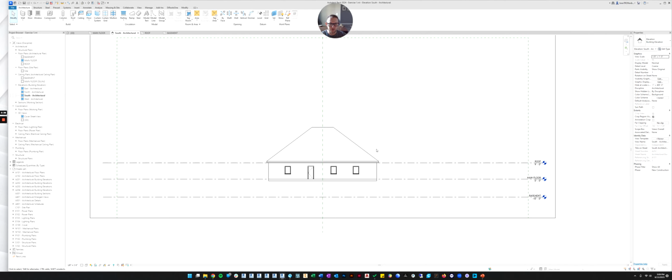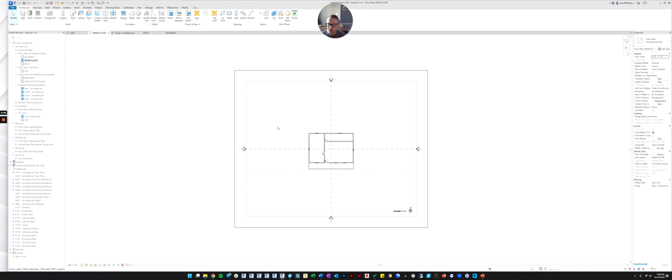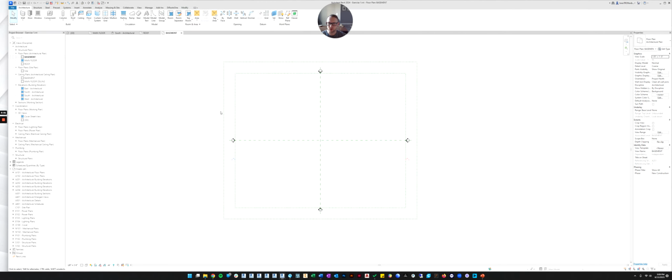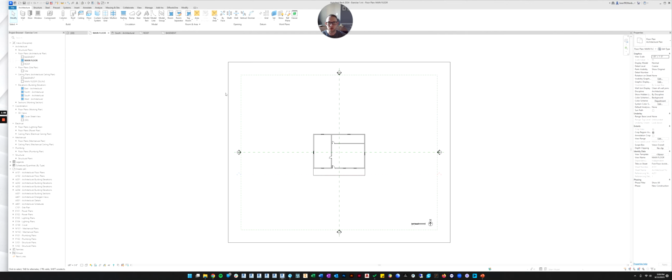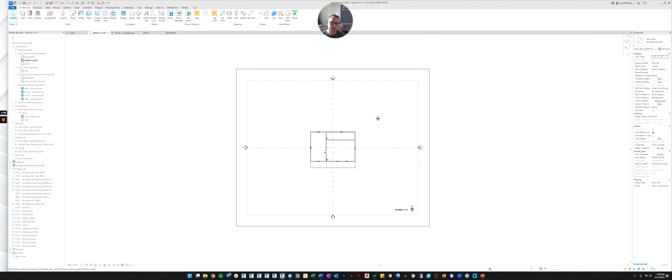So from our section view, let's maybe just go back to our main floor plan. And you'll notice it has this bar around it. That's called the crop region, the border of the view. Let's look at our basement plan to see what we've got there. So I don't see the crop region on the basement. And on the roof plan, I don't see it either. So by default, the crop region is not displaying in the new views we created, but it is turned on in the views that were in the template.